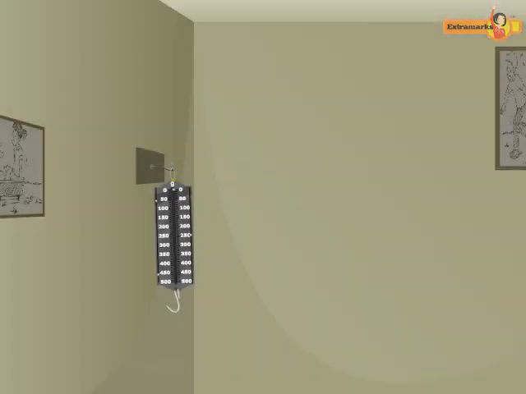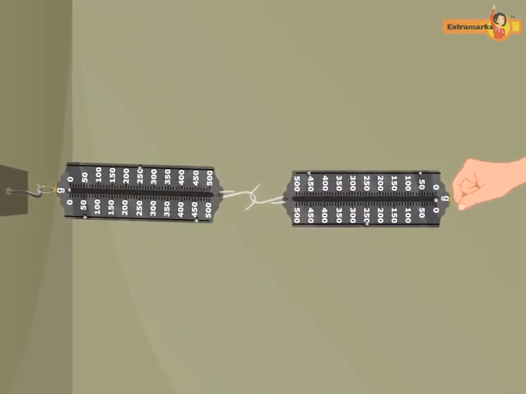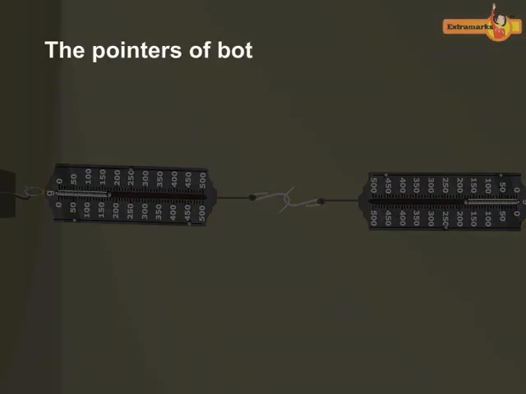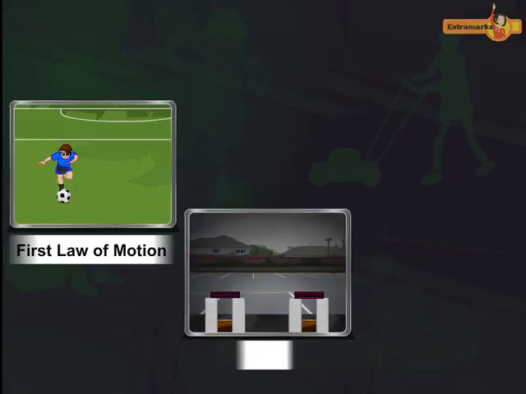Here we see a spring balance attached to a wall. Another spring balance is attached to the first one. Now, force is applied to pull the second spring balance. We observe that the reading in both the spring balances is the same. When force is applied by one body over the other, will the second body also exert a force on the first one? To answer these questions, we need to study the three laws of motion